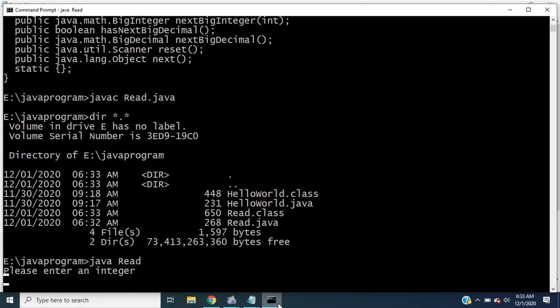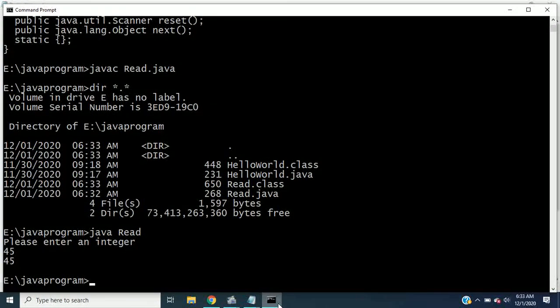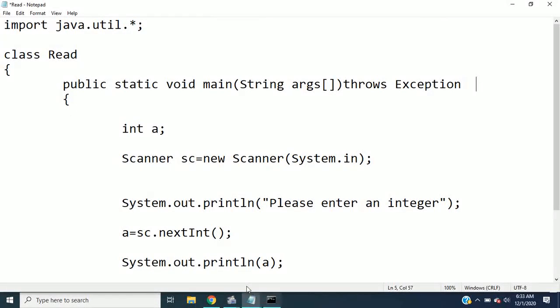See, it is now asking me to enter an integer. Let me enter the value 45. See, now I got the value 45. Let me make one more change. I just want to read a float value. In order to read the float value, let me change the code. Instead of int, let me change that to float. Now, I need not make any change